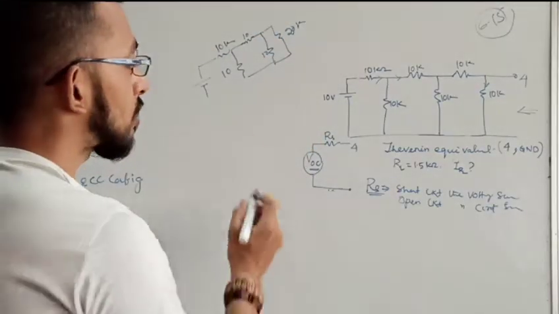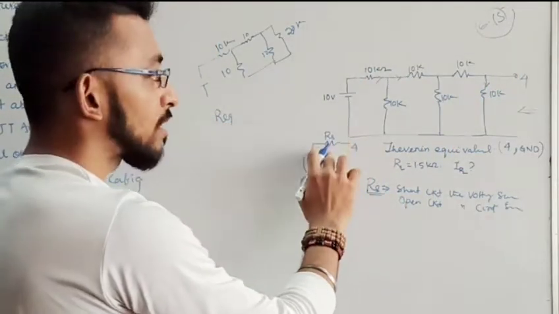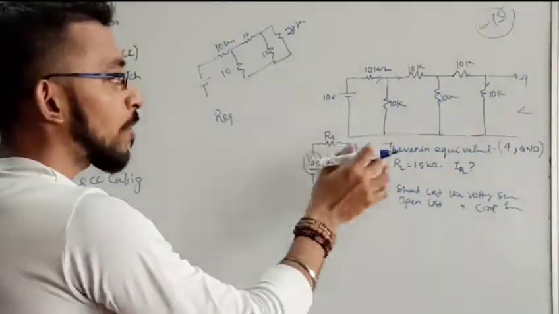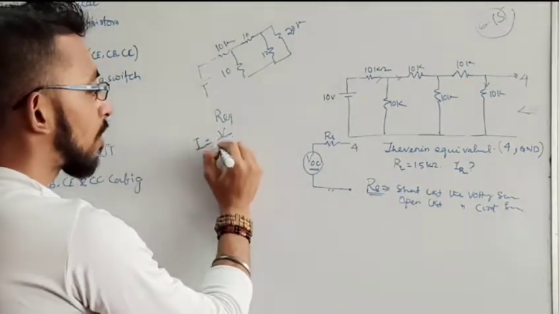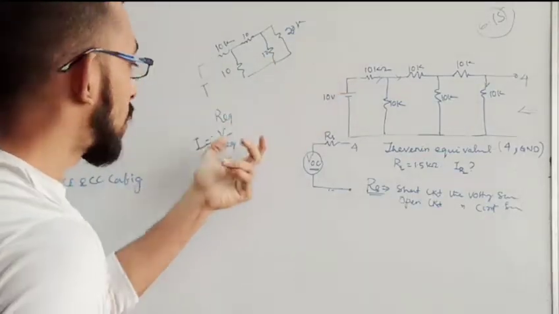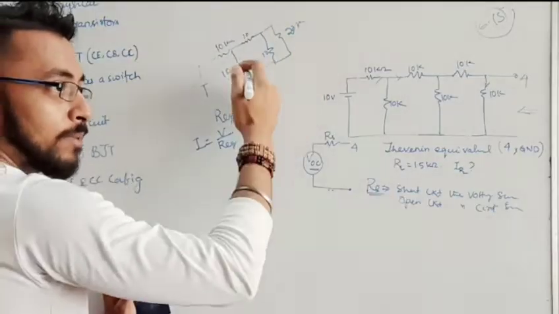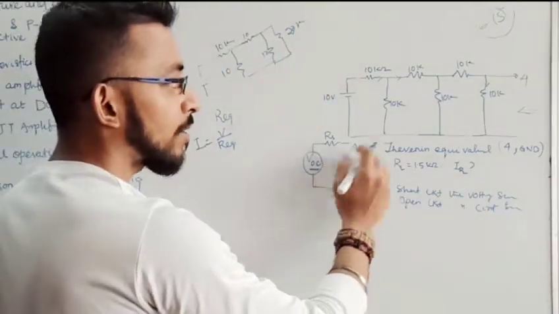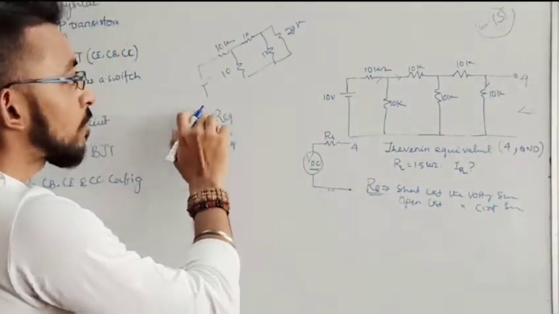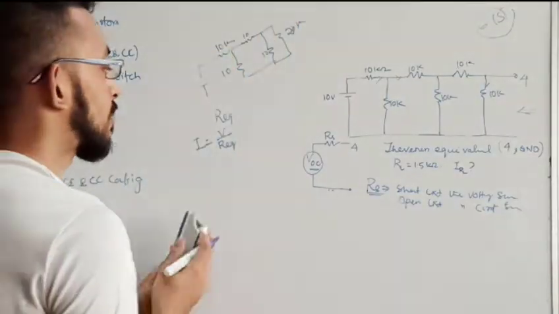Now I want to know the equivalent resistance, R equivalent. This is the RS. This is not my equivalent resistance. This is equivalent from, but for this side. For the Thevenin case, this is the equivalent resistance. Now for finding the current, current is nothing but voltage upon equivalent resistance. So the equivalent resistance should be seen from the voltage side. For the Thevenin case, I was looking from my right, that's why I simplified from my right side. But for finding the current, I have to look from the voltage end and simplify from that end only.